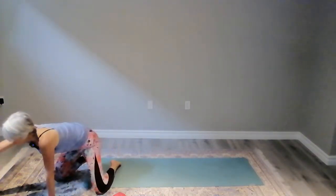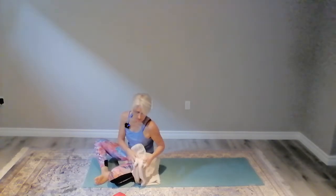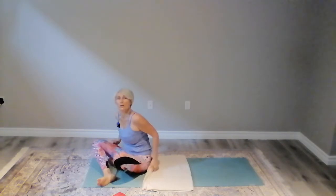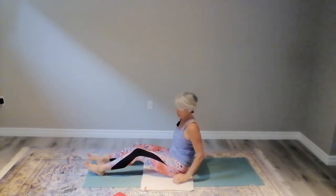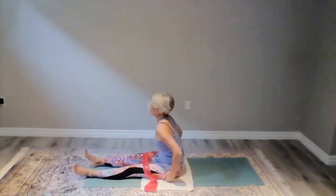We're going to do a traditional Pilates movement next called the roll up. And for some people, the lower back, like me, can be very flat. And so a blanket can be really helpful to place on your mat. And that will give you a little bit of extra support when you come to roll up and down. So I'd place the mat somewhere where your lower back can be supported by it, like I am here. You also might benefit from having this roll. So I'm going to show you the exercise with the Dynaband first,